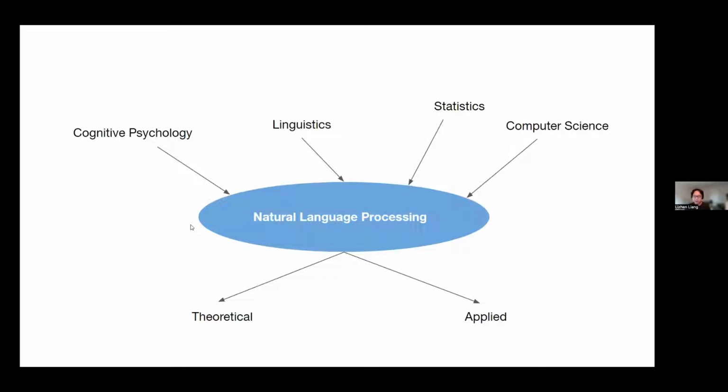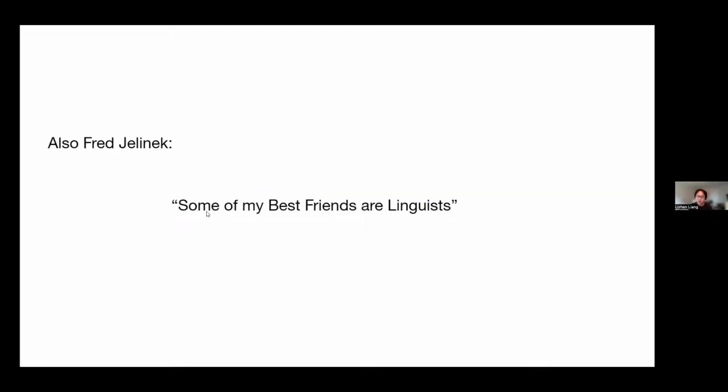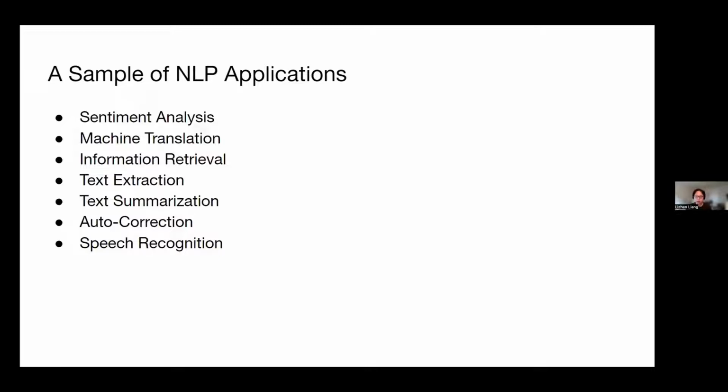And to give a sense of how successful machine learning and deep learning methods are, I'll give a very realistic example. Well, it was a joke, but the joke was made to urge researchers to make use of the insights from linguists. And there are a lot of applications for NLP. For computational social scientists or data scientists, it would be very useful to make use of the text generated on social media and to understand the sentiment of people posting on those platforms.